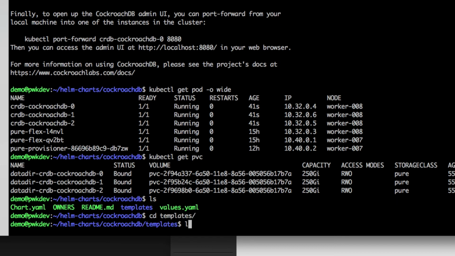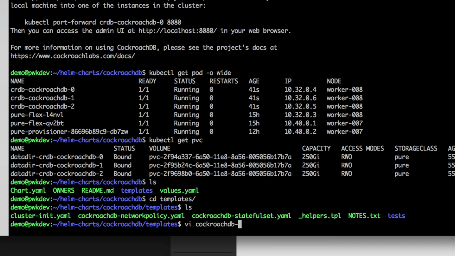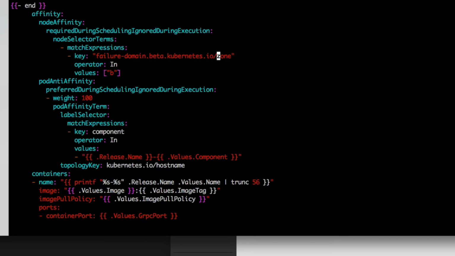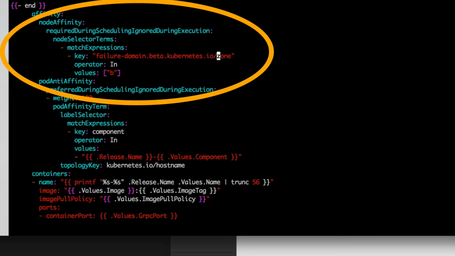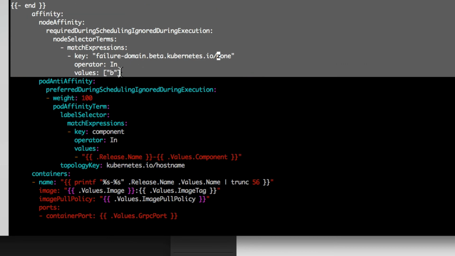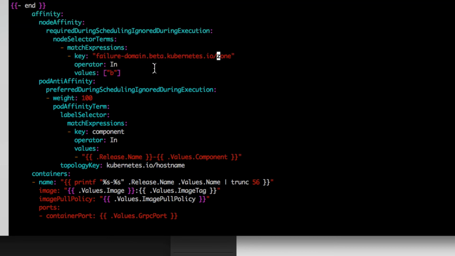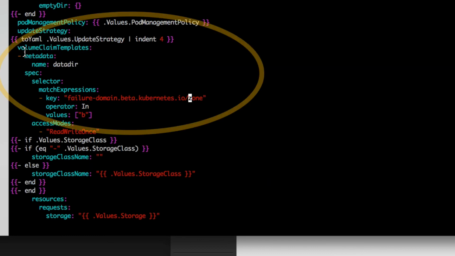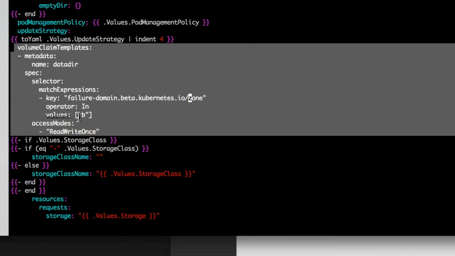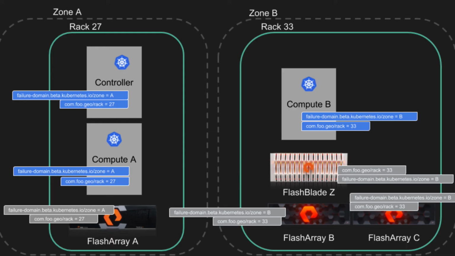You may say, hey, how do I make that change? How do I do that? So I'm just going to show you real quick inside here. There's just a few lines that you add to that. So for the node affinity, basically saying, hey, compute needs to be on zone B right there. And now you can see the volume claim as well for zone B. So matching our environment here,